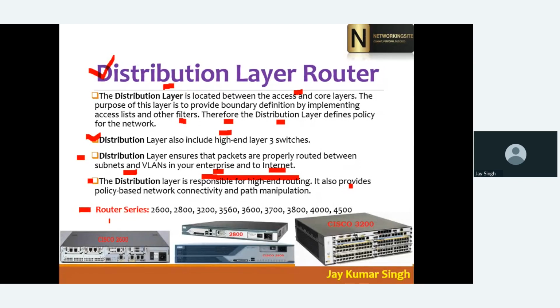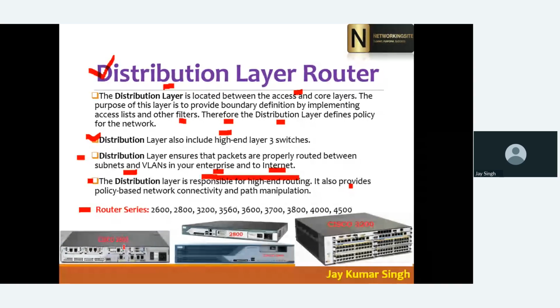If you have any confusion about the distribution layer router, you can ask. Distribution means what? Take the example of a shopkeeper. The shopkeeper is the access layer router, and the end user is you or me. If we need to buy a small thing, we can directly go to a small shopkeeper in our street and buy it. Those are known as access layer routers. Distribution means there is a big shop distributing food items and other materials to the small shops. The delivery is done by the distribution layer router.